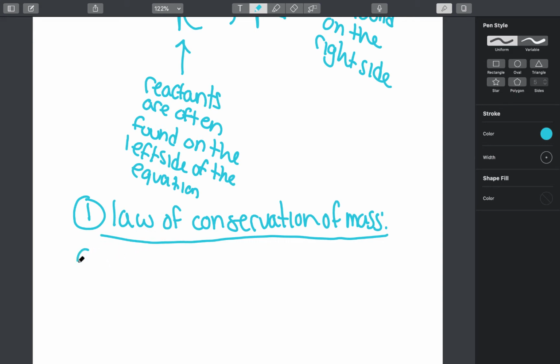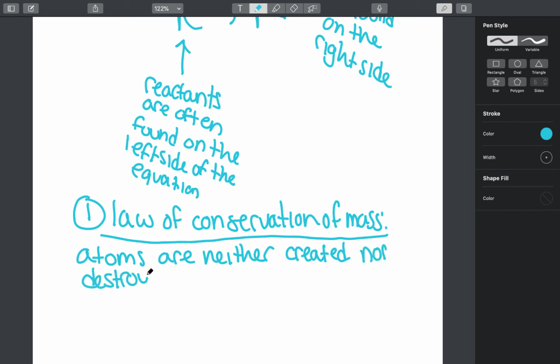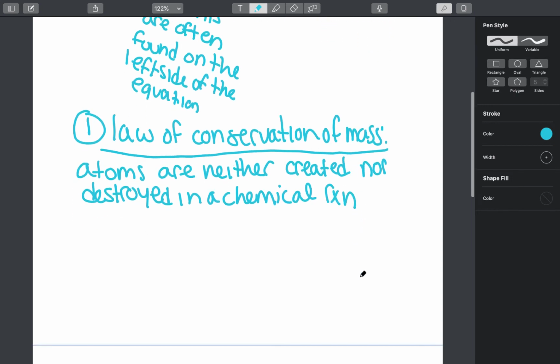And this states that atoms are neither created nor destroyed in a chemical reaction. So in other words, the mass, the total mass